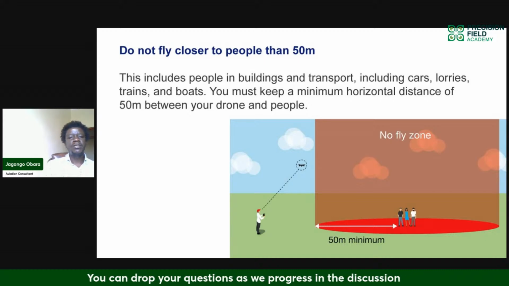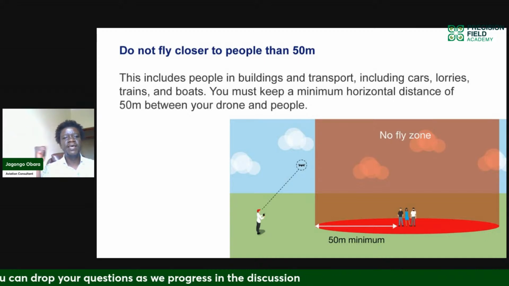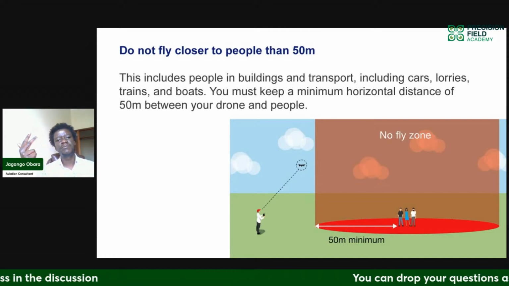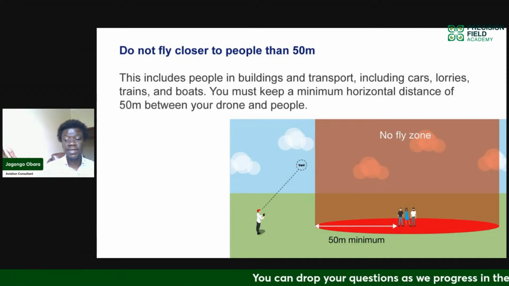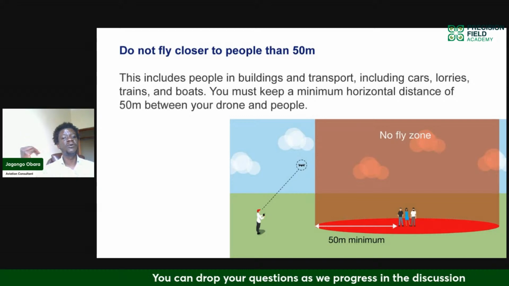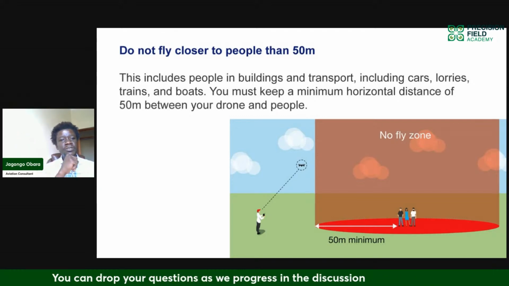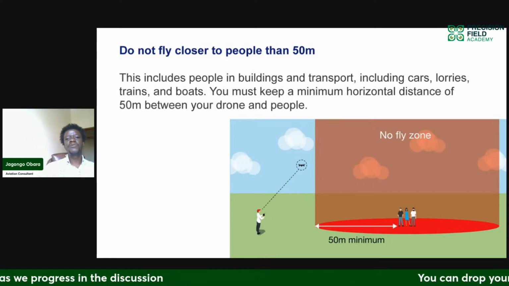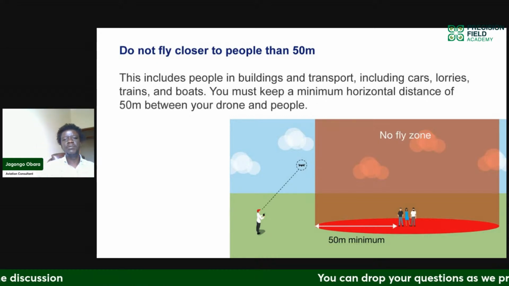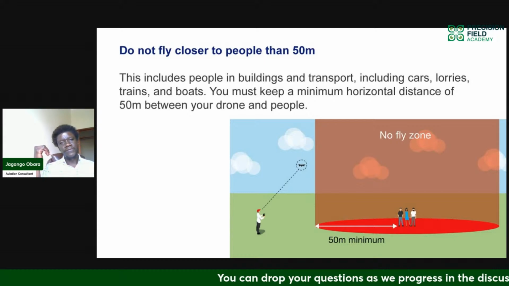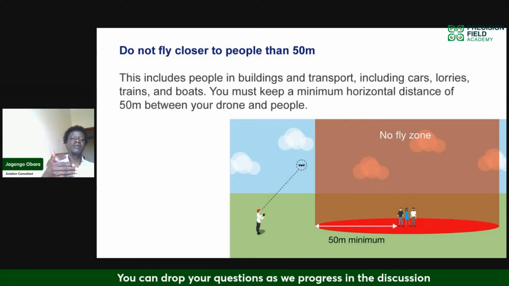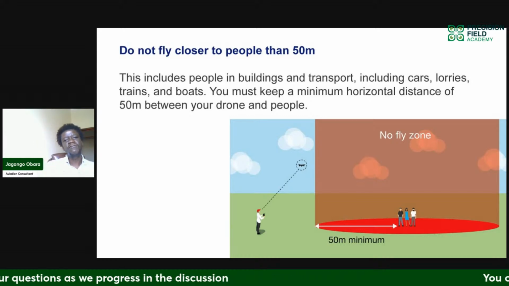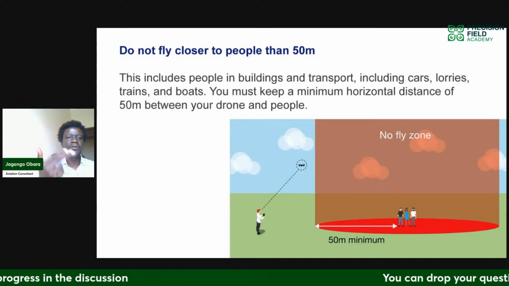And also, what do we want to do as well? We know that we might be flying in a vicinity where we have farmers, we have onlookers, we have spectators, we have curious people from the village and the community who also want to have a look at, hey, what is Joseph doing with his drone? What is Clifford doing in this area? And so we want to keep a distance between our aircraft, 50 meters from where your aircraft is to anybody that is not involved with what operation you are doing.